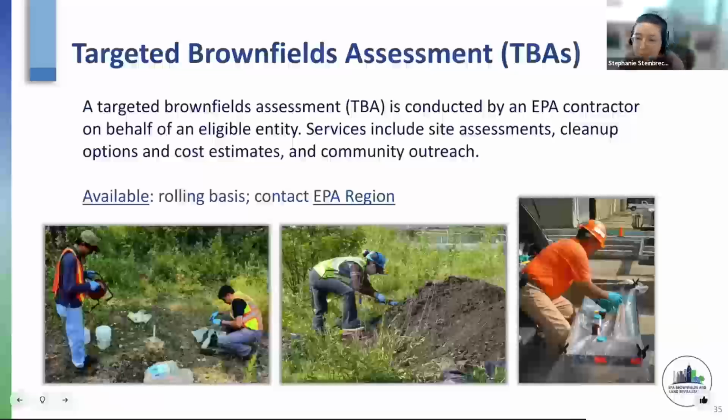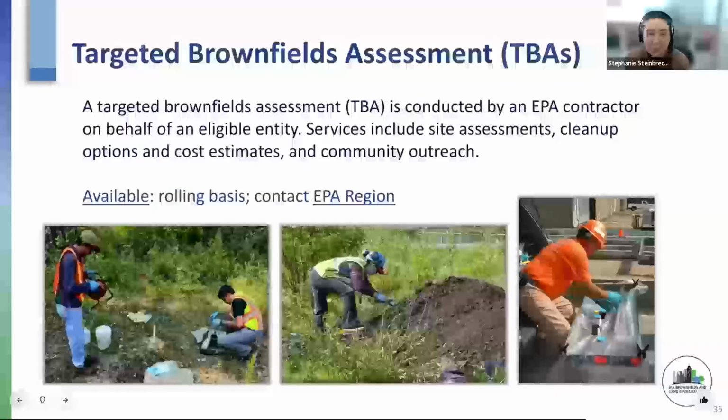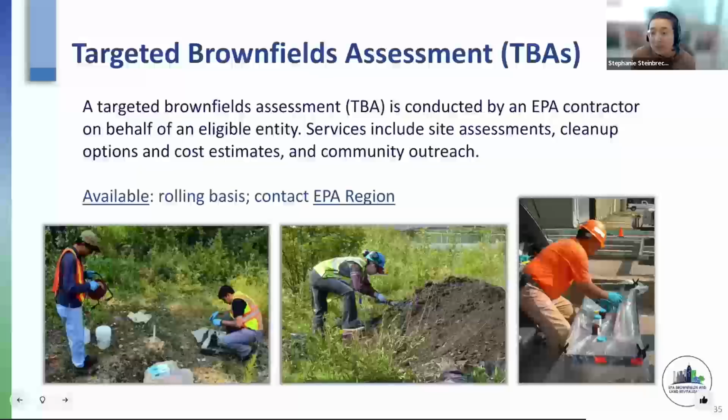So I'd mentioned earlier, we also have targeted brownfields assessments, or TBAs, in addition to our grant giving. If you apply for a TBA project and your project is accepted, how this works is an EPA contractor will provide services to help with assessment and outreach efforts for brownfields in your community. These are generally accepted on a rolling basis, although at the moment we are working on a new contract, so project start dates are a little bit TBD, but we would love to see more applications and support targeted brownfields